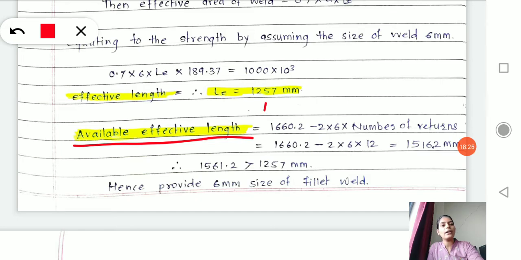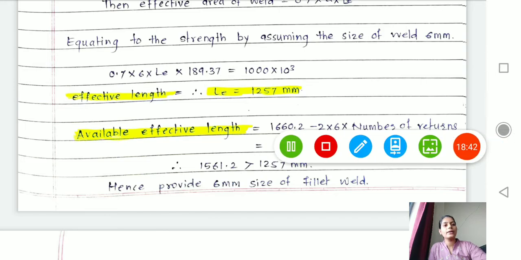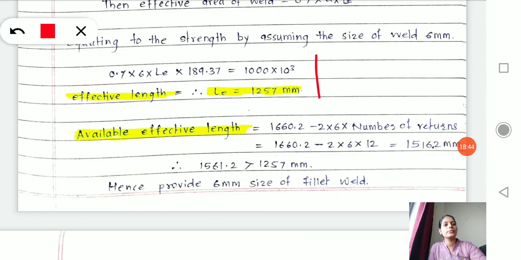Now the available length is 1660.2, and I have subtracted 2 into 6 into the number of returns. Now what is this 2 into 6 into number of returns? For that I have to understand what the number of returns is.